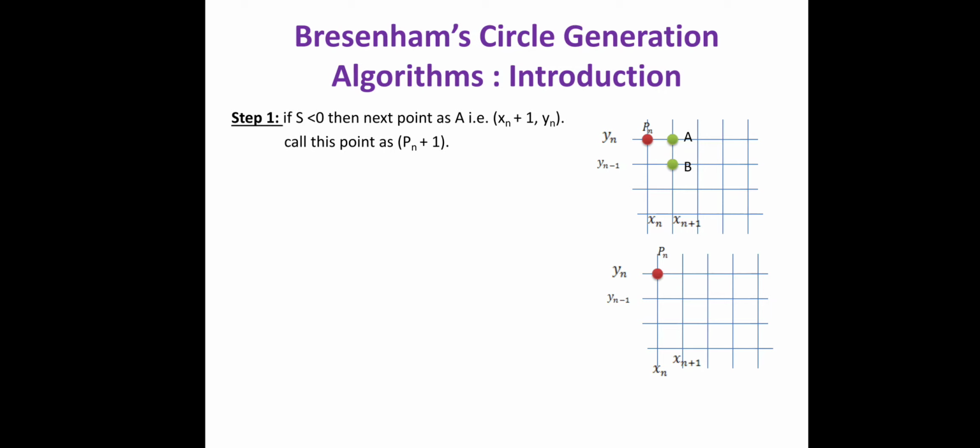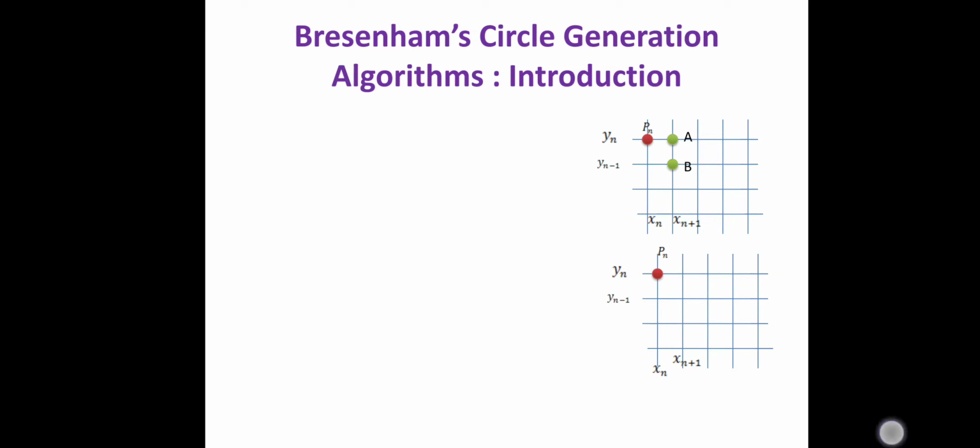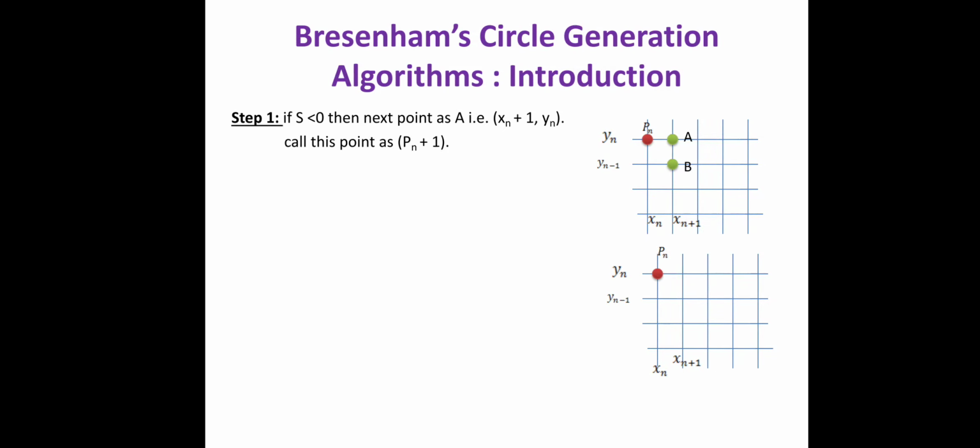Okay. So, now there are two steps, meaning which point I have to select, either A or B. For that we have two steps. Now, see, whatever we have calculated in the previous slide, this sum is denoted by S. So, by this we are calculating S, that is 3 minus 2r, right. So, depending on that S we will find whether we have to select A or B. If the value of S, which is 3 minus 2r, is less than 0, then the next point will be A point. Okay. So, which point we have to select? If S is less than 0, then I will select A point.